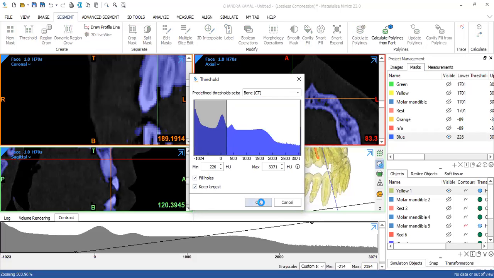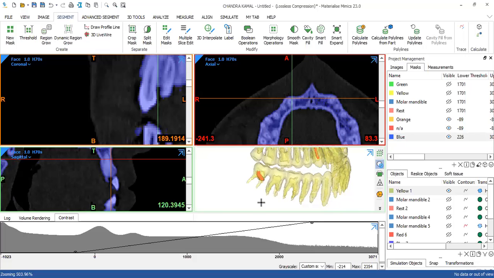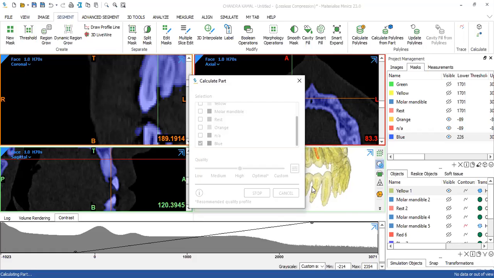The guide creation will have to be in 3-matic. Anything that has design involved in it has to be shifted to 3-matic, because of the tools and functionalities available there. Here, what you do is you basically extract the anatomy. So I'm just going to calculate this blue. This is basically the maxilla and mandible bone that I've created. And I'm going to now copy all the things that we have traced here into 3-matic.